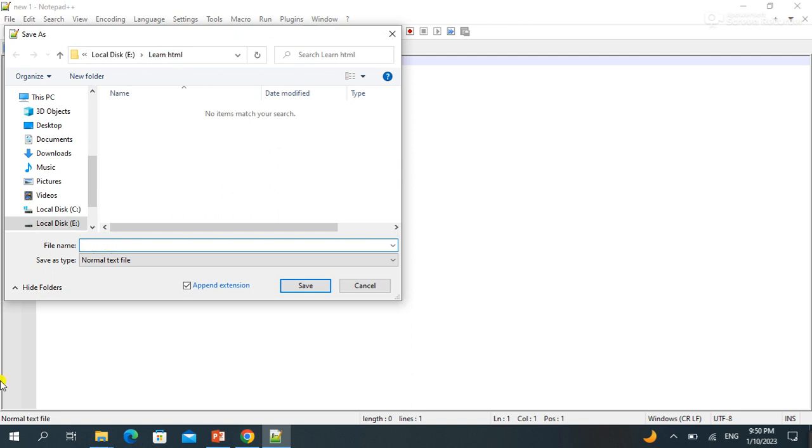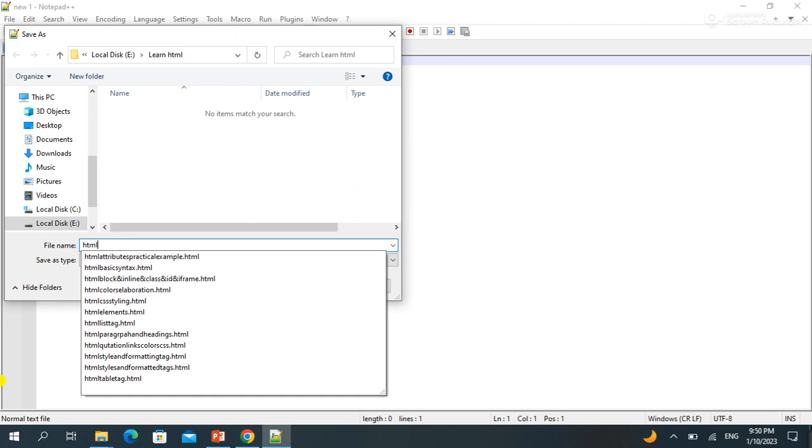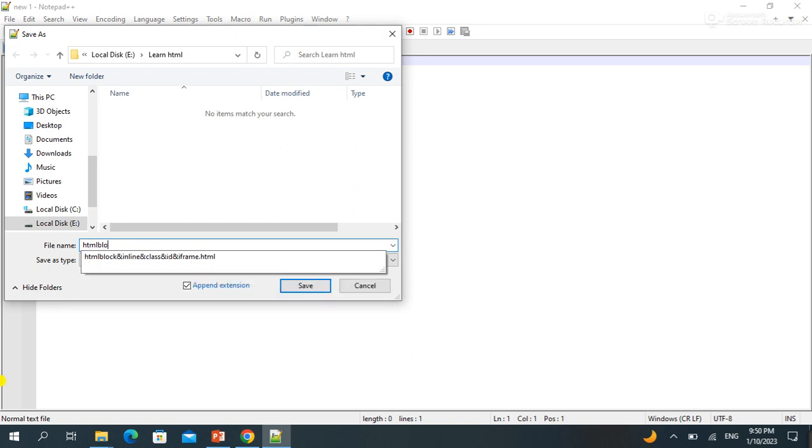Change the name, let's say HTML block and inline and class and id